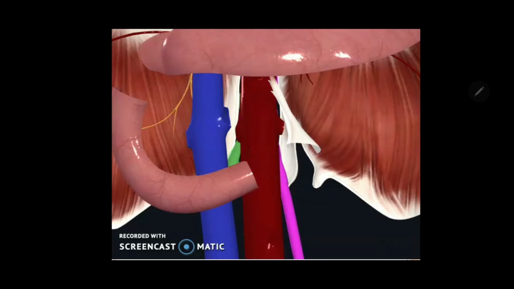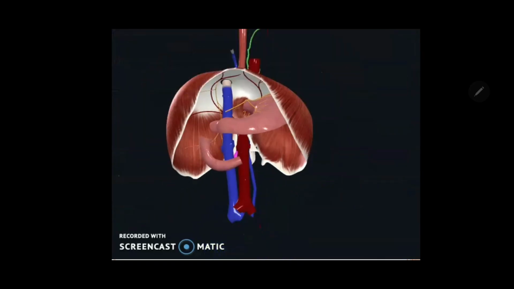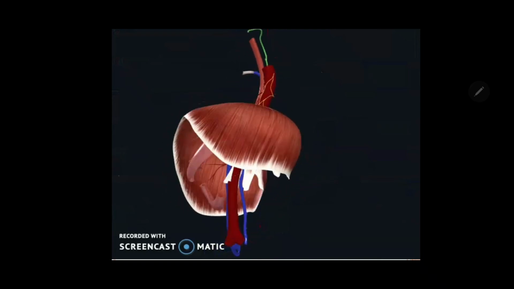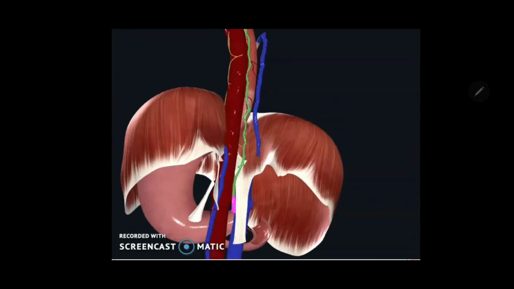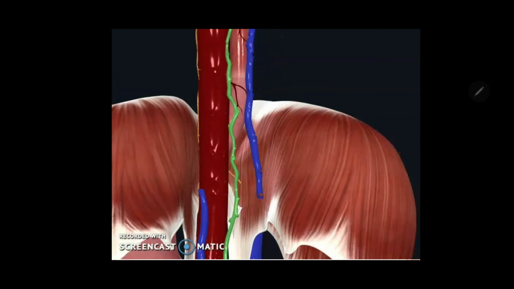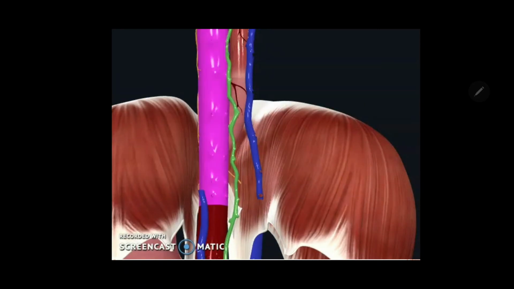And the aortic opening, you can see the abdominal aorta, azygos vein, and thoracic duct. These three structures lie behind the diaphragm here. They are not passing through the diaphragm, they are lying behind it. Abdominal aorta, azygos vein, and thoracic duct, AAT, because they are lying behind the diaphragm between the right and left crus.